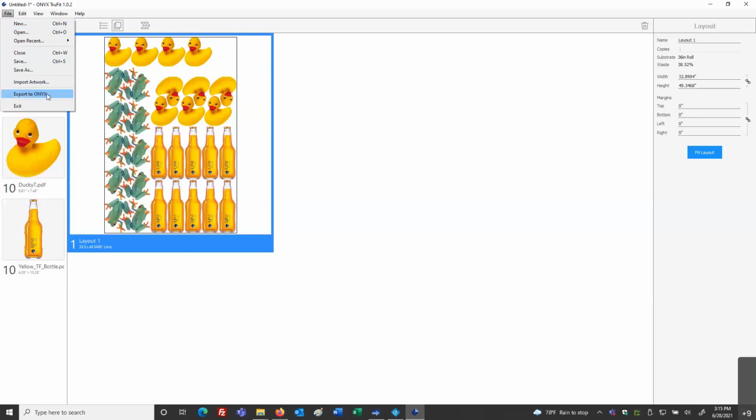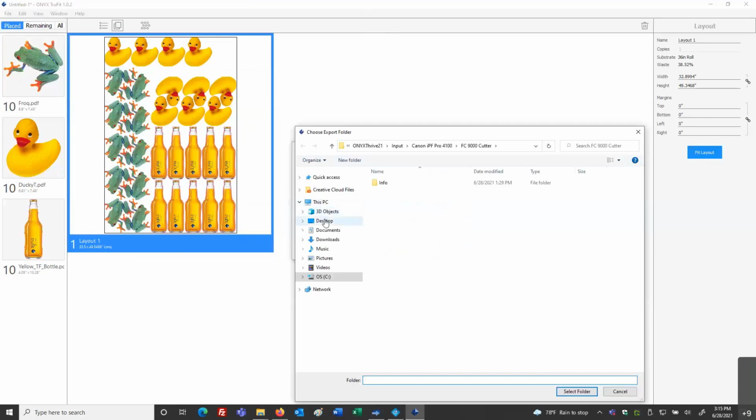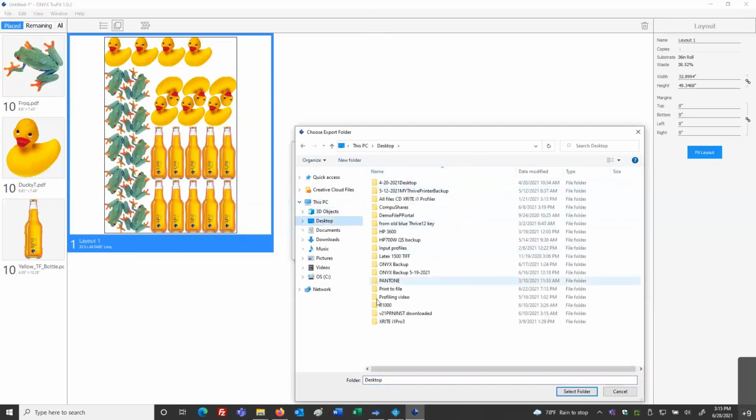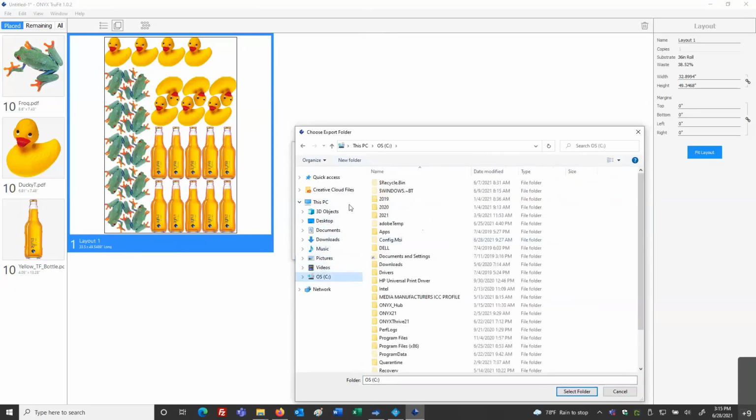Now, this export to Onyx is also the way you might export this information out for another product. So just keep this in mind, even though it does say export to Onyx, I can browse and save this to my desktop. And then when I do that, I'll have that just on my desktop area. Okay, so keep this in mind wherever I want to position this.